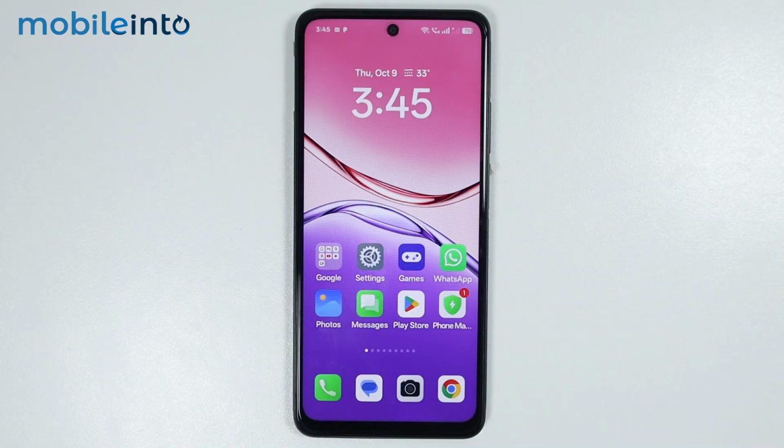Hey, what's up guys? So in this video, we will see how to fix back button not showing problem on